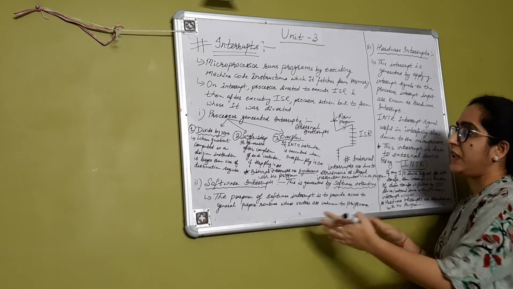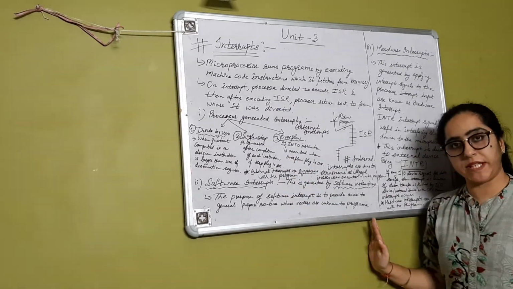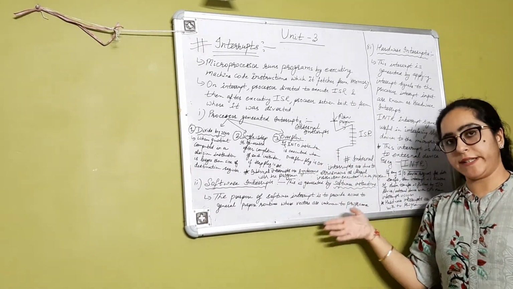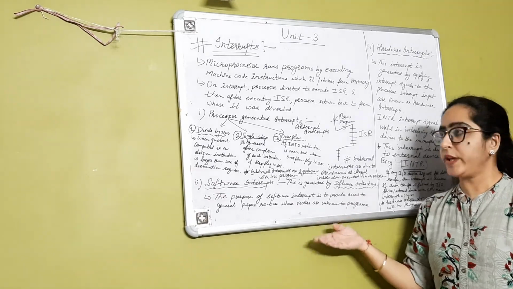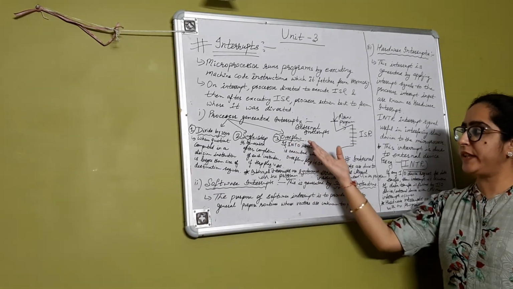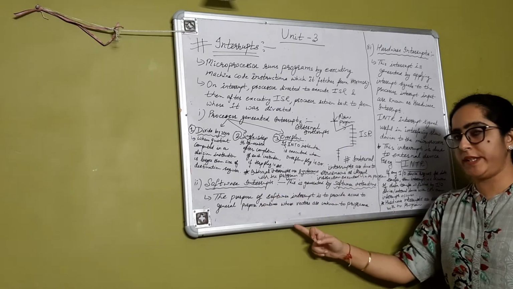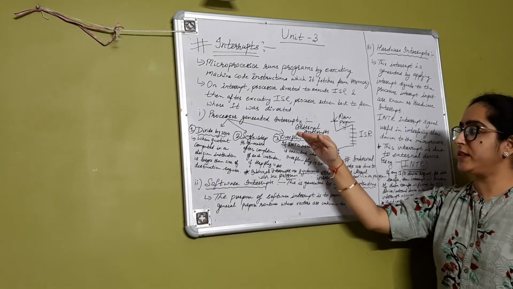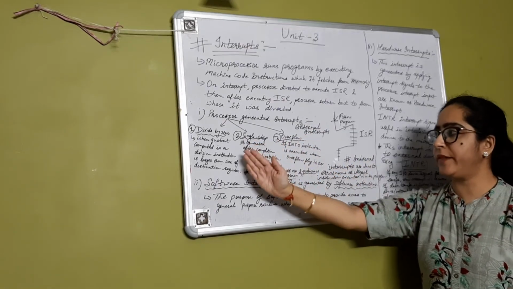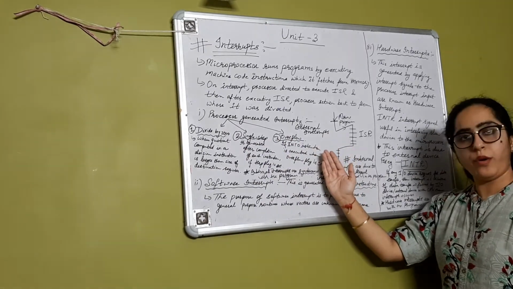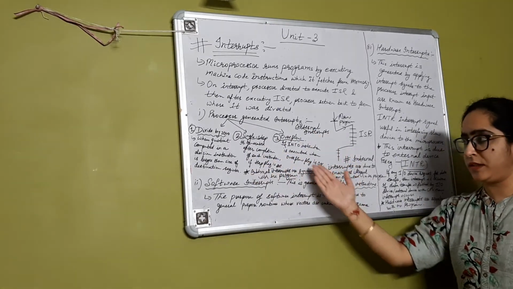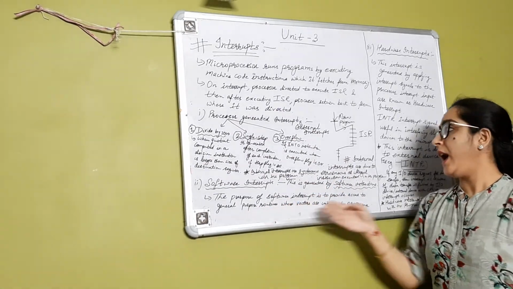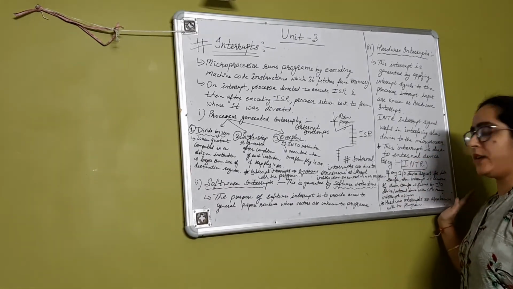Okay, so this covers the various types of interrupts which occur in computer architecture or in the processor. There are three types of interrupts: processor generated interrupts, that is internal interrupts, software interrupts, and the third are hardware interrupts. I have also given examples in the processor generated interrupts: divide by zero, single step, and overflow. One by one I have explained these, and then I have given the example of software interrupt also, and also the example of hardware interrupts.